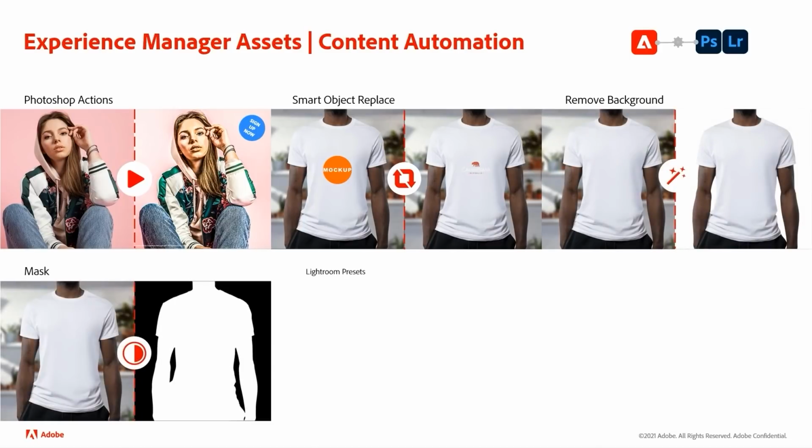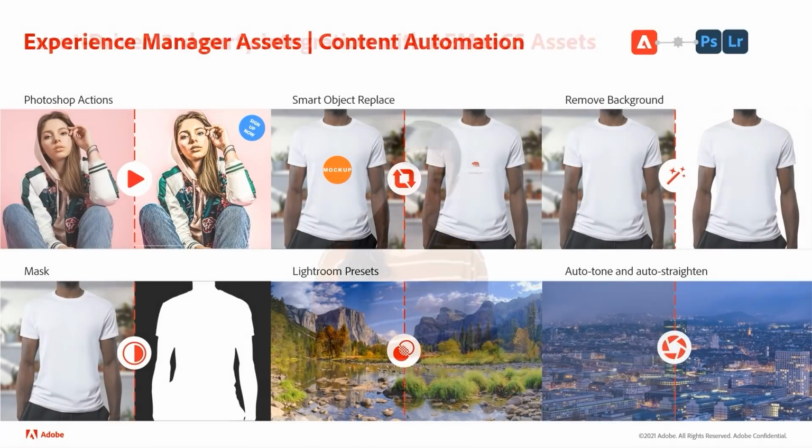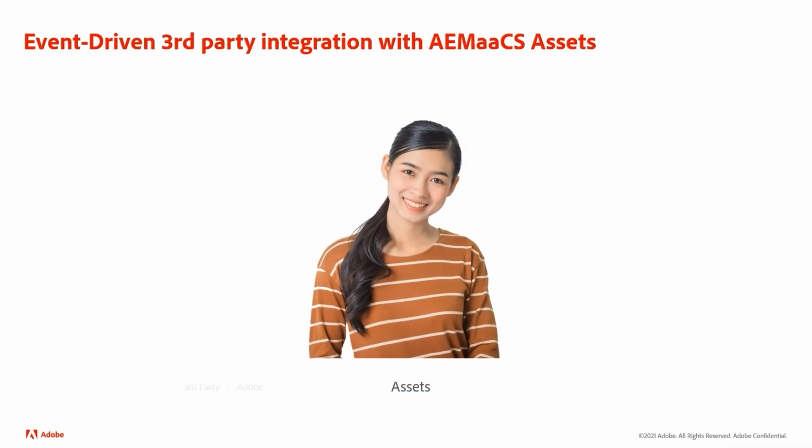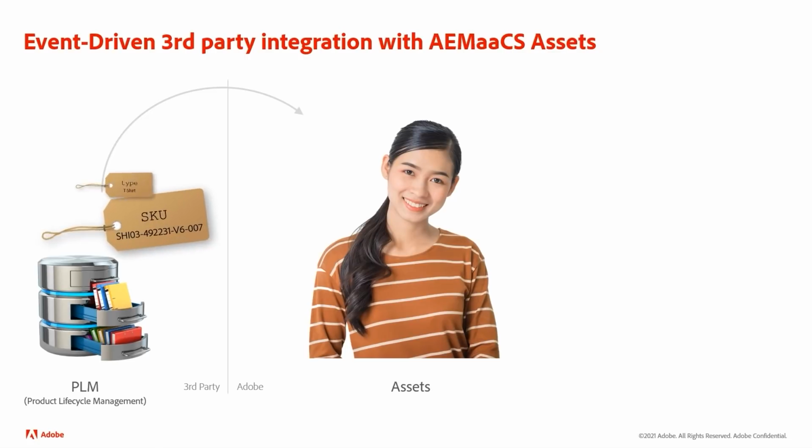Using Photoshop and Lightroom APIs, our customers can increase their content velocity like never before. Our customers have data across a variety of systems. Personalized asset workflows may be inefficient if they are not integrated. How can a customer integrate third-party data while maximizing the performance and responsiveness of their DAM?